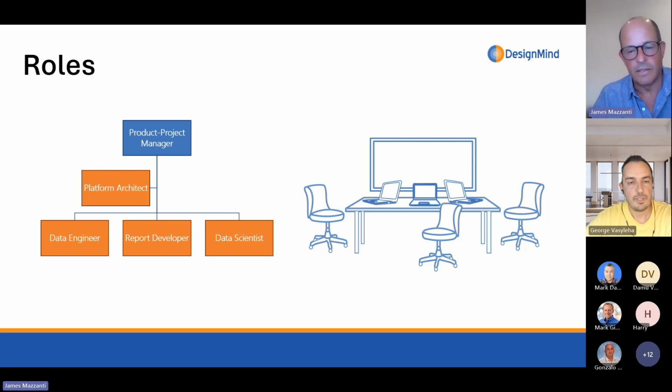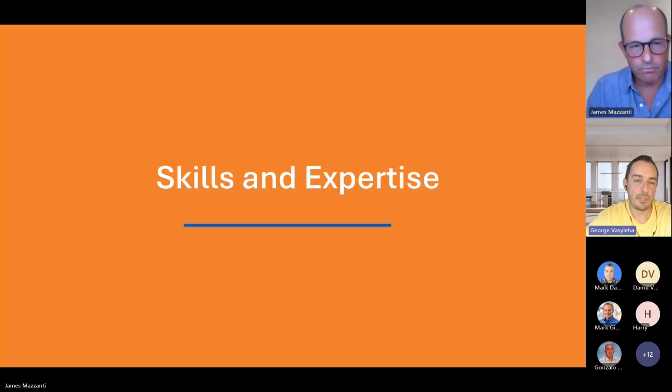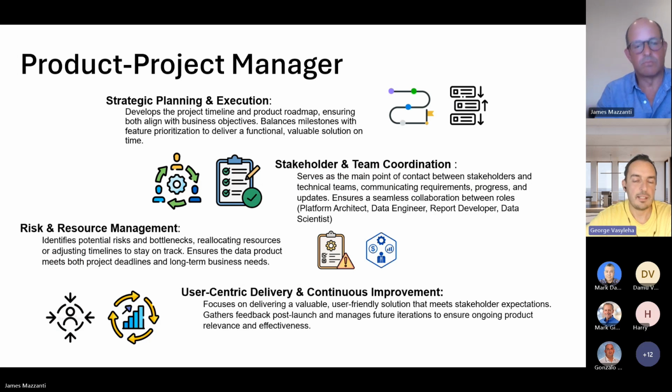Yeah, plus Fabric itself, the tool set and the artifacts that come with it, have certain tool sets really dedicated to certain roles, and that's clearly shown there in the overall architecture design. So starting with the product and project manager, those are a combined role, and this is the